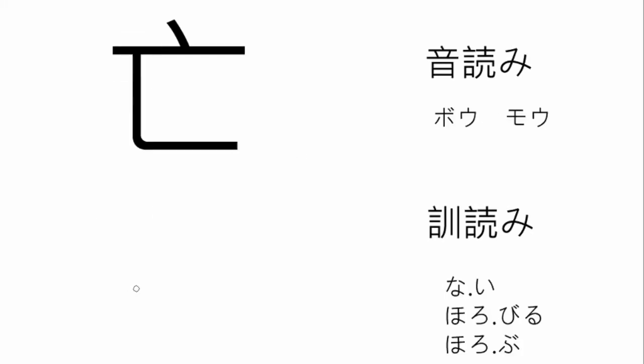This kanji is the kanji for death or decease or ruin. The onyomi reading is bo, like shibo, which I'll show you shortly, and mo. The kunyomi reading is nai, meaning dead. Horobiru means to be ruined or to go under, to perish, and horobu is the same. And to draw it's very simple. It's just 3 lines. 1, 2, 3. It's such a simple shape